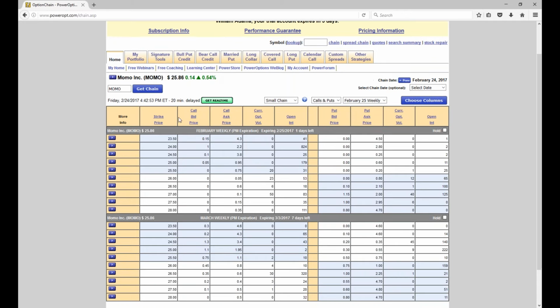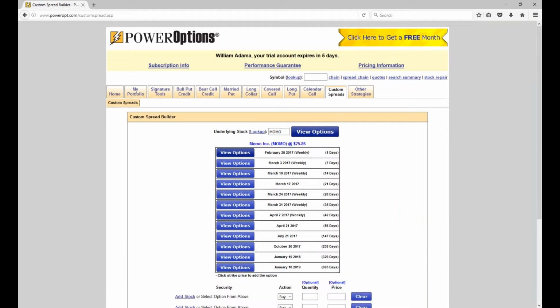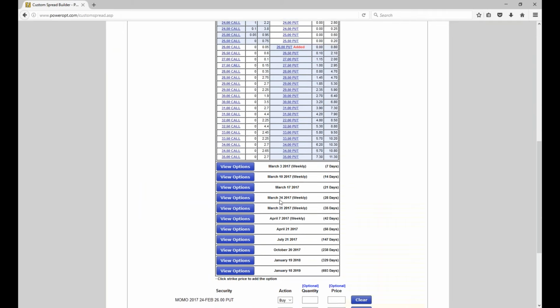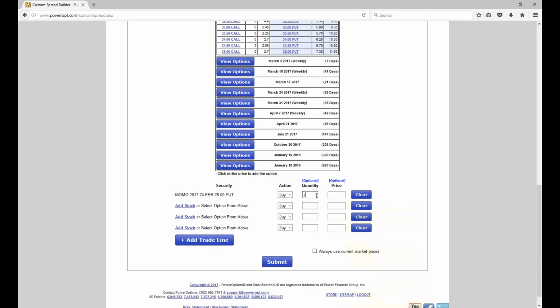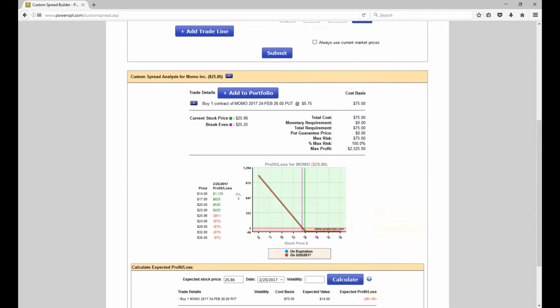So our discussion was what repairs could be done when you sold a naked put. And let's take a look at that real quick. If we just did that MOMO 26 put for today, I don't remember his original premium. I want to say it was around 75 cents. But, you know, for those of you doing naked puts, what do you do if the stock's below it right at expiration? It suddenly just goes below it at expiration.